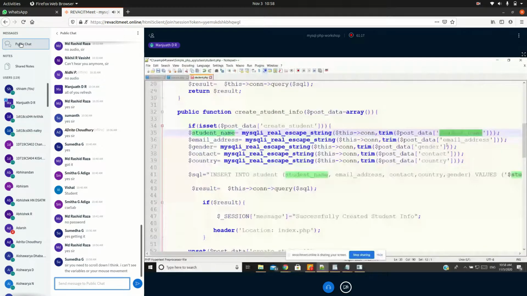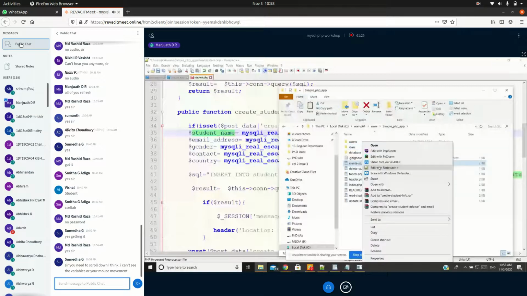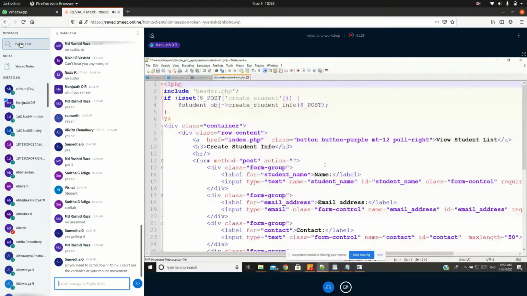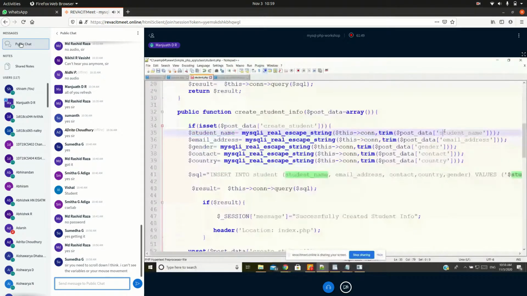So let us come to the create page, I'll understand a little bit. This is the page I used in order to provide the user with an interface so that he can create student information directly on web pages. In this, the name of a variable is very important. Whatever the ID you have given here, the same ID you have to use here in order to get the values perfectly. All of you get it?